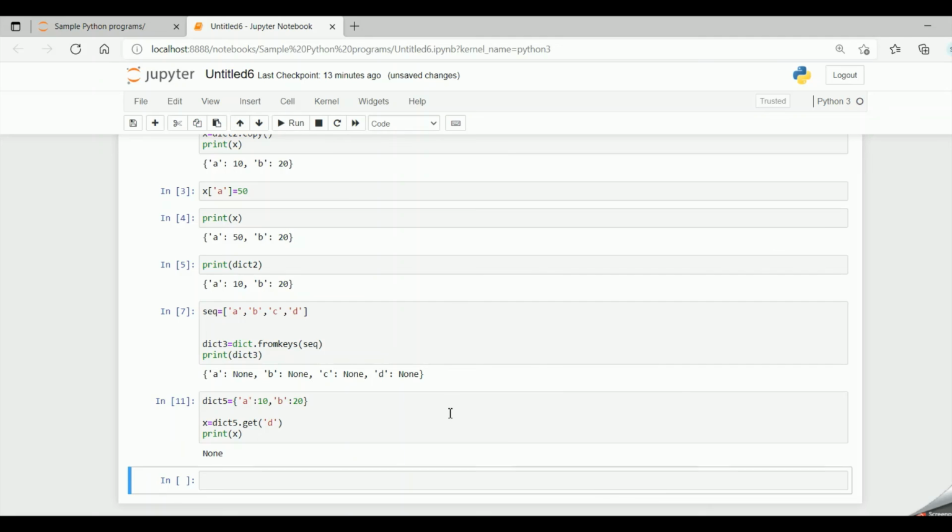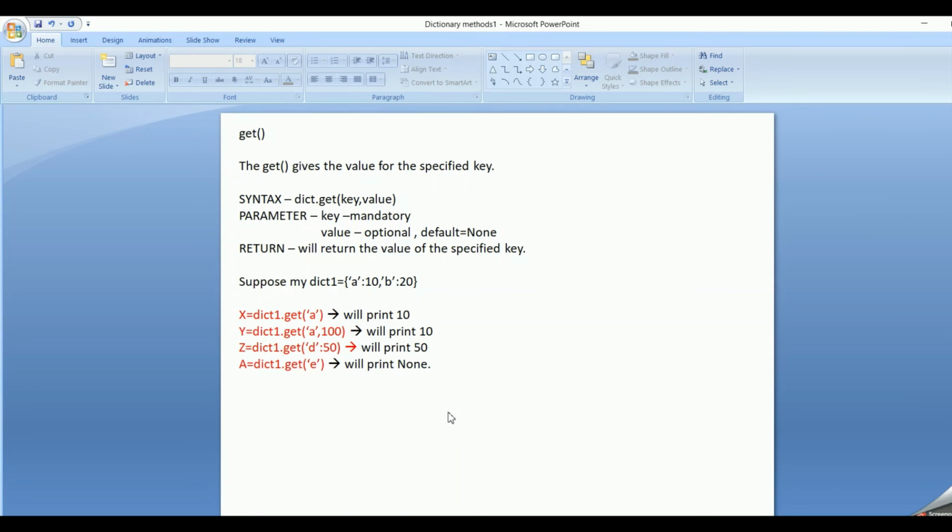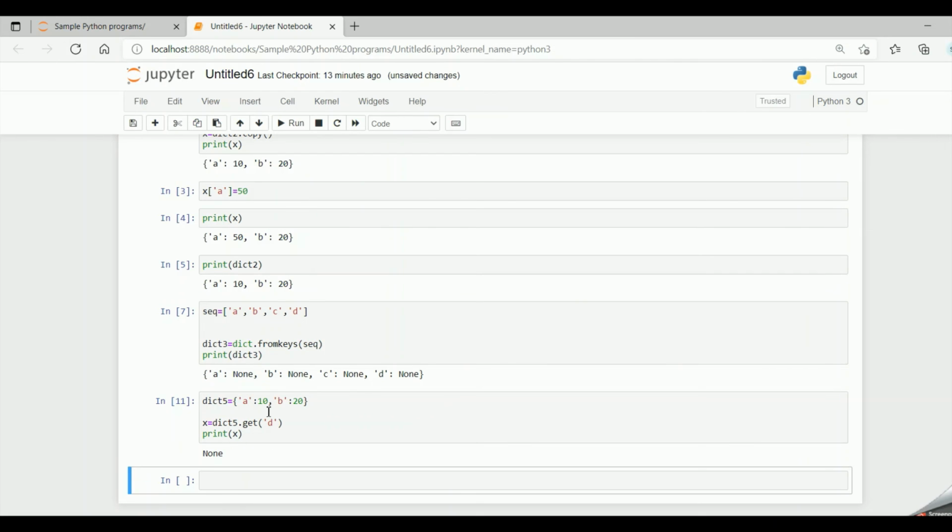So this is how the get method works in dictionary. If the key is present in the dictionary, the corresponding value will be returned. If the key is not present and if we give the value, the specified value will be returned. If the value is not present and the key is also not present, then None will be returned as the value.